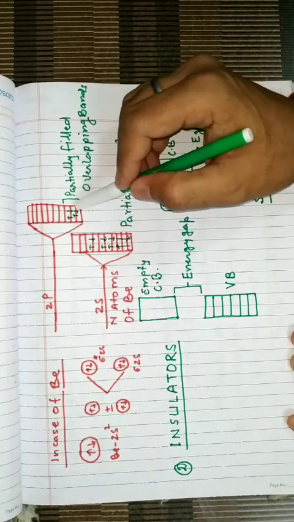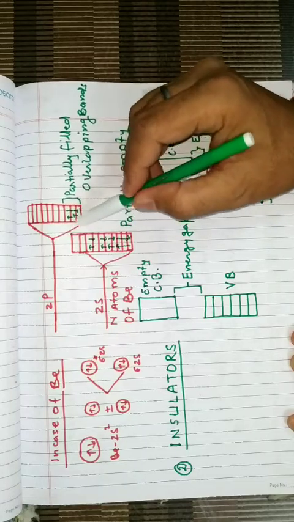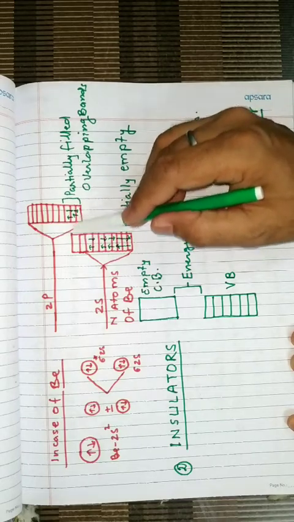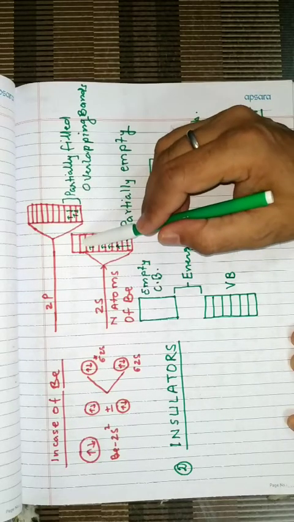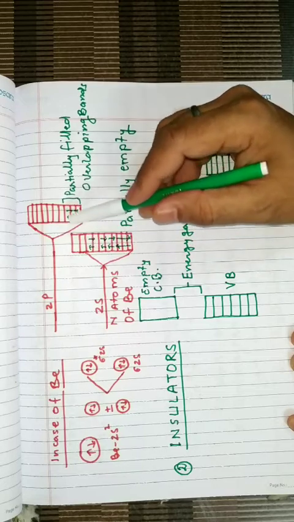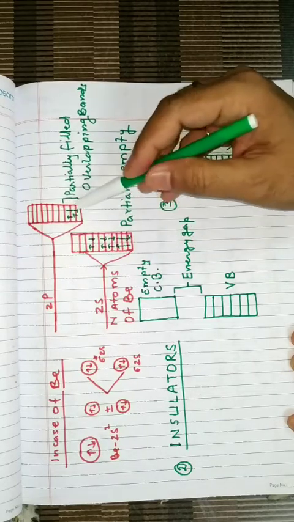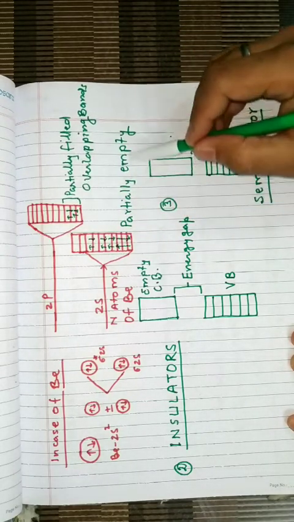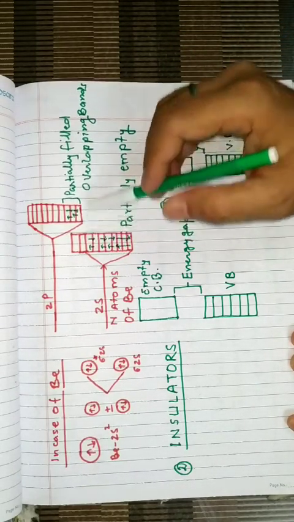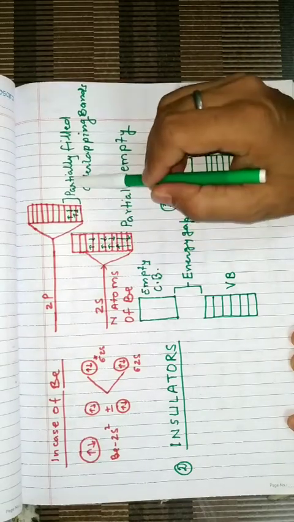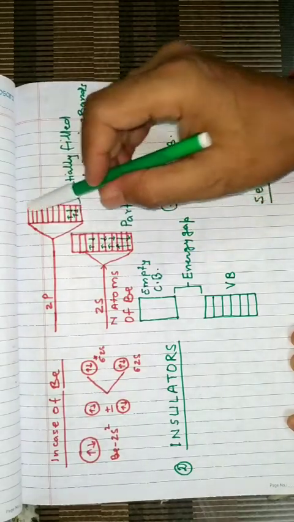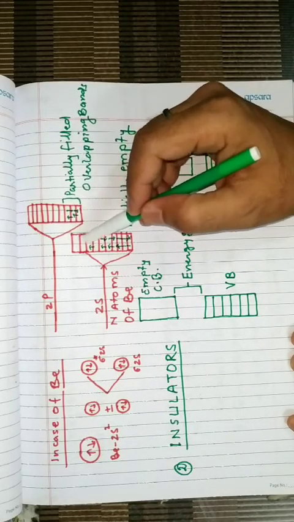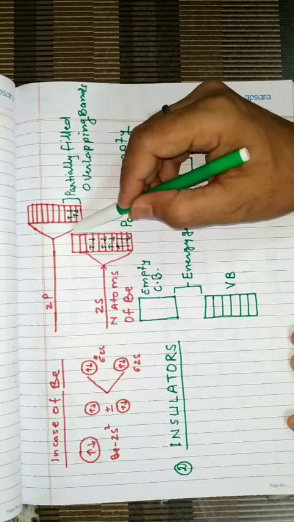This constitutes the energy overlapping bands from here to here; they are overlapping because their energies are similar. So some electrons are transferred from the 2s energy level to the 2p energy level, and this results in the 2s energy level becoming partially empty, otherwise it is filled, and the 2p energy level partially filled, otherwise it is empty. So within the same energy level, some of the molecular orbitals get empty and